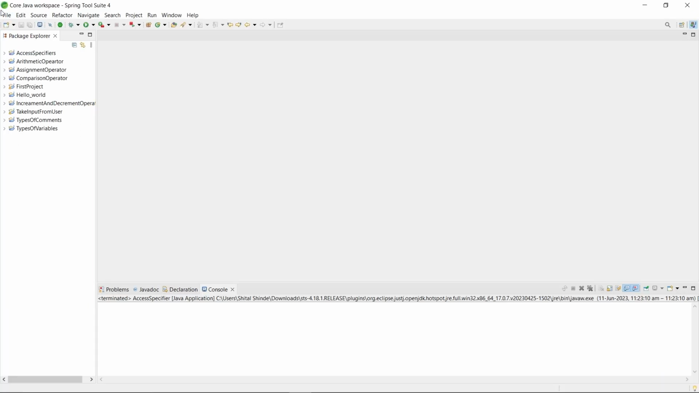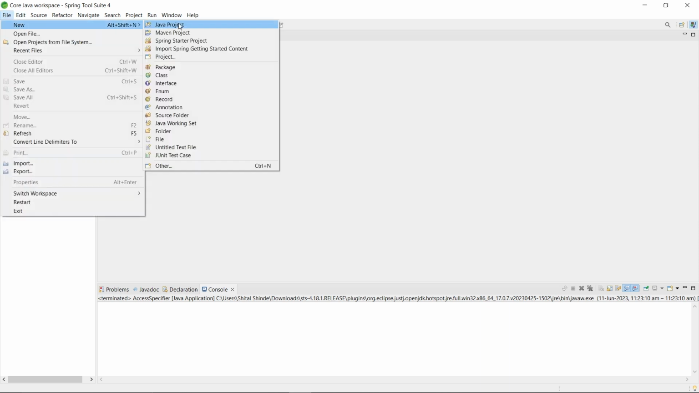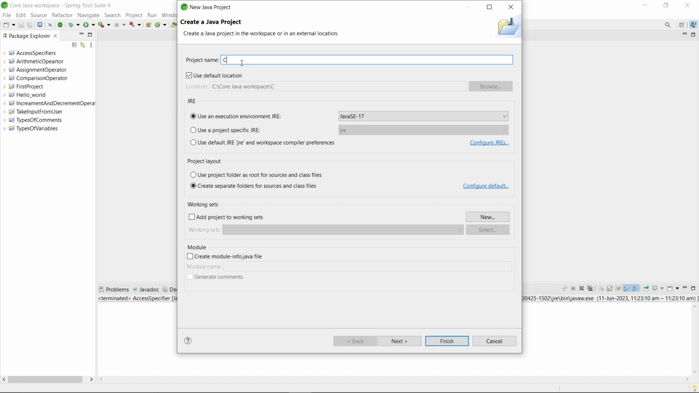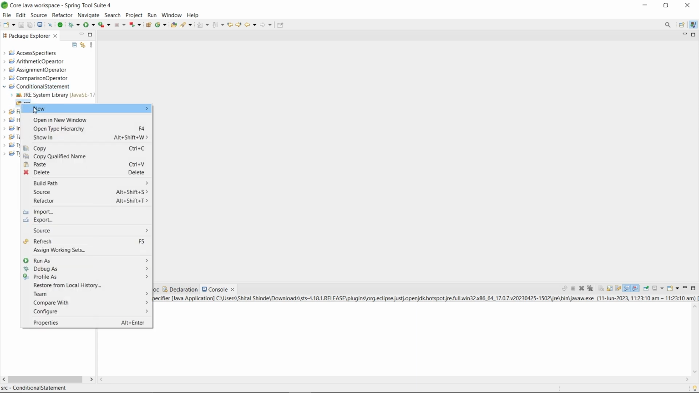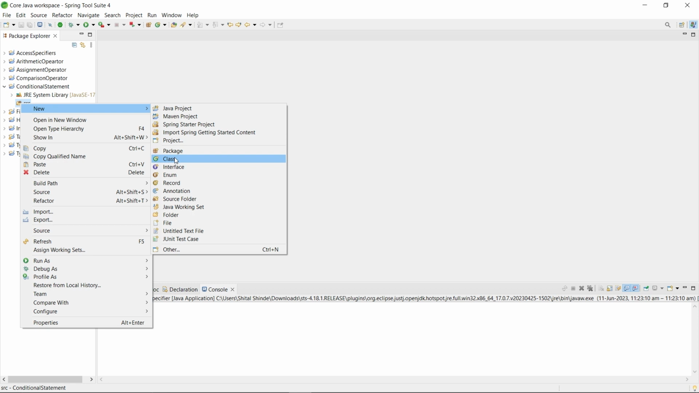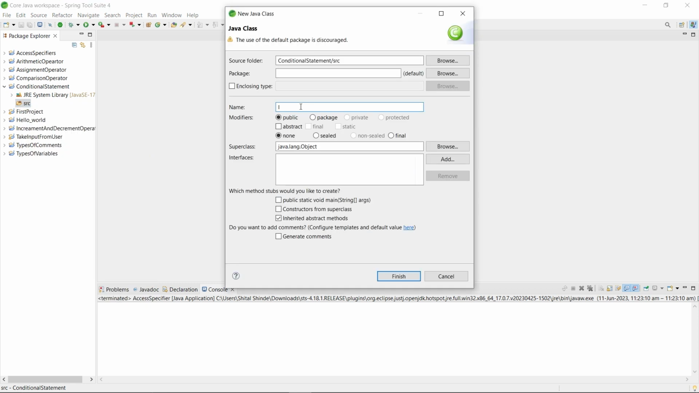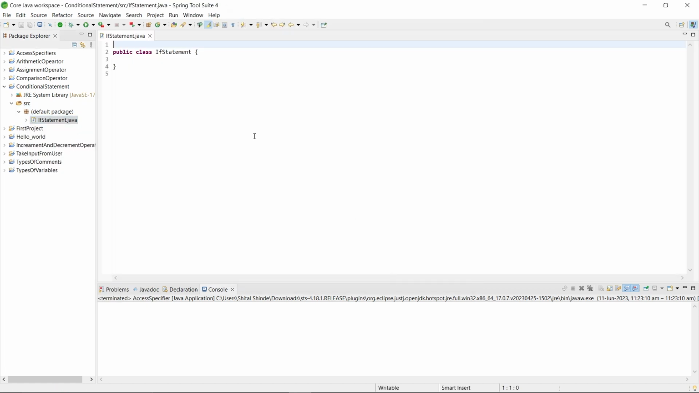For that, create one project, that is conditional statement. Click on finish. Expand the project. Right click on source folder and create one Java class. Name it as if statement. Click on finish. As I explained, if statement is a statement which executes a block of code only when the